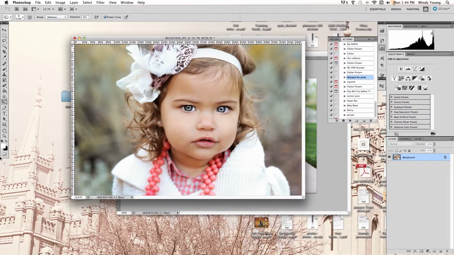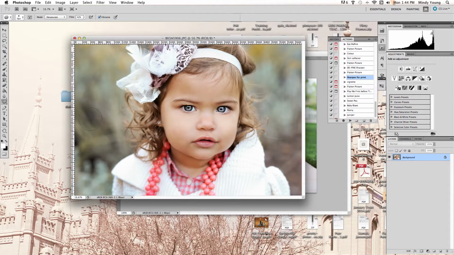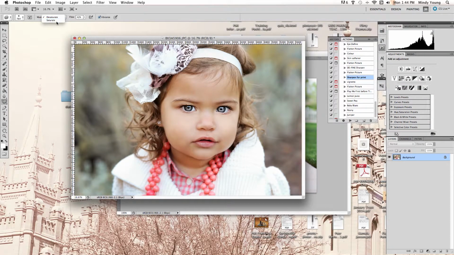Something else I love to do is I'll go over and select the saturation tool, and I will just go in after and saturate. Oh, it's on desaturate. Let's see, we want to saturate. Oh, this recording thing is in my way. There we go. Saturate